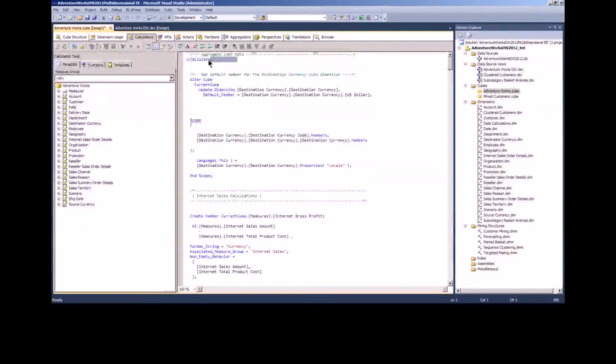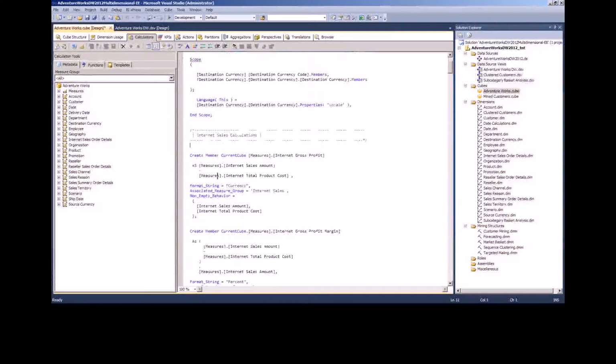So something to note, calculate has to be here, and usually should be first unless you're doing something with the modification of leaf nodes. Calculate should always be first. If you take that out, your cube will not calculate. MDX is executed in order in here. So if you create here, we're creating a member of the current cube, something called Internet Gross Profit, you can reference Internet Gross Profit